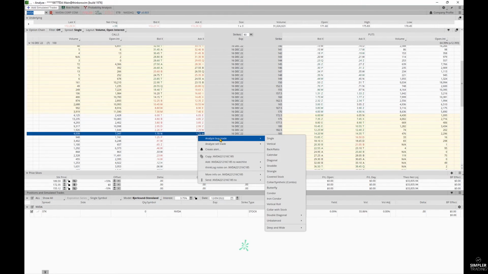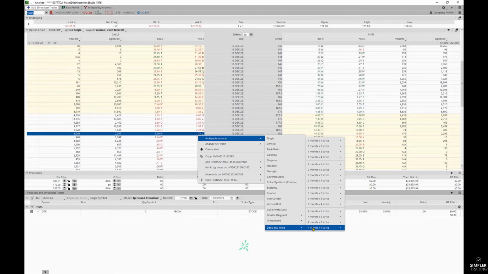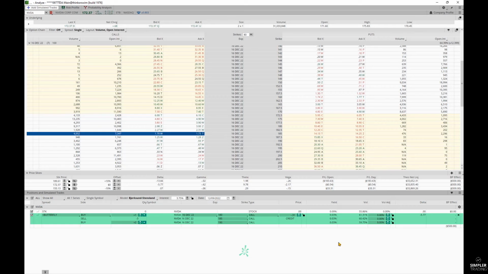So we're going to do the same thing. That is the purchase of a deep and wide 1 month 2 strike to skip over the 2.5 wides. But now you have that 180, 185, 190. So this trade does not work if NVIDIA goes to 200, right? If it explodes higher, usually you're going to want to do some type of management. You could either add a put credit spread, you could buy a vertical, right? There's a lot of different ways you could complement this trade,